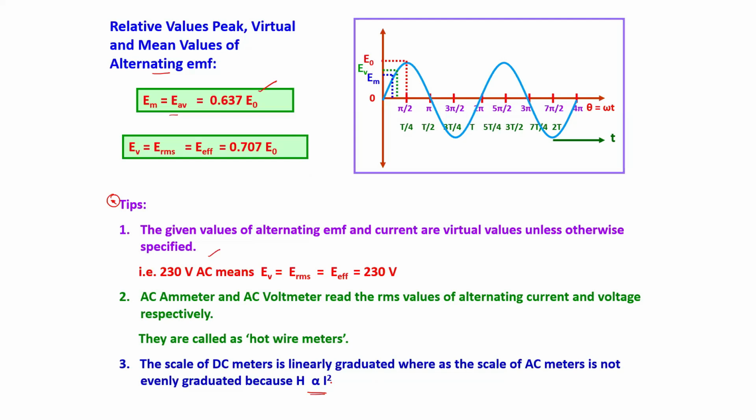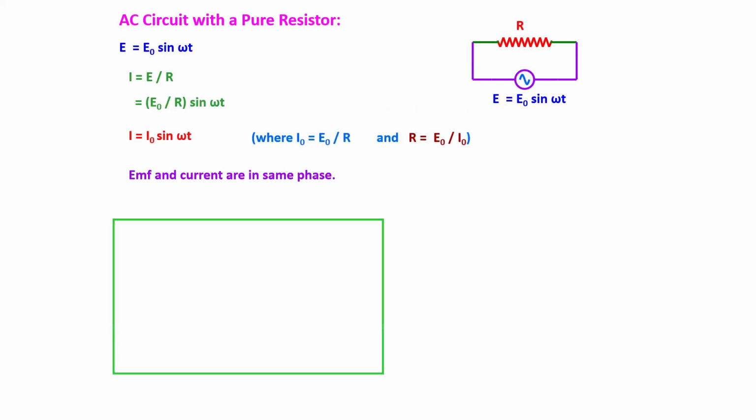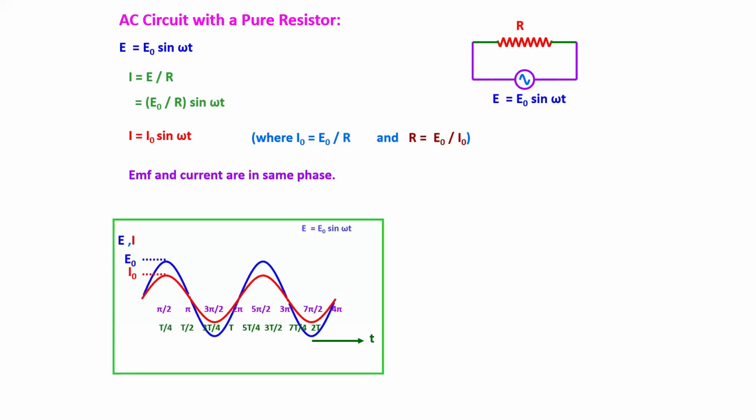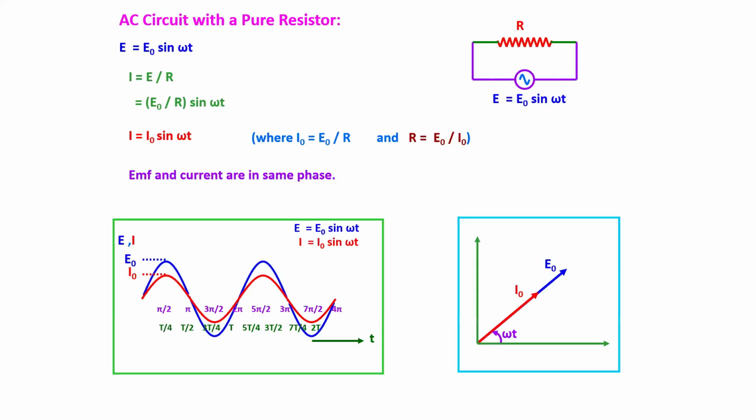Now, the next one we are going to study here is about the AC circuit with a pure resistor. So in the case of connection of AC circuit, we will have different combinations. So the first one, you have to know about what will happen to the AC circuit when there is a pure resistor. Here, as I said already, the value of EMF in general can be calculated using a formula